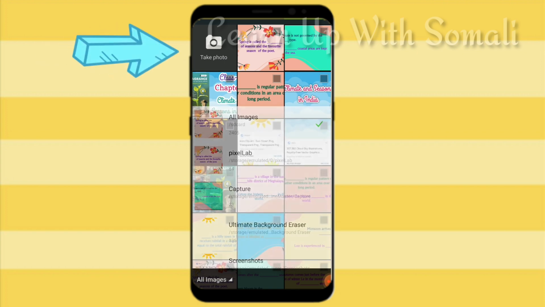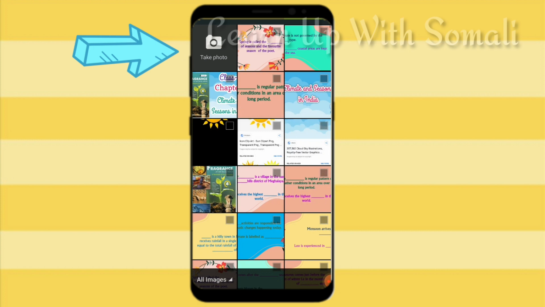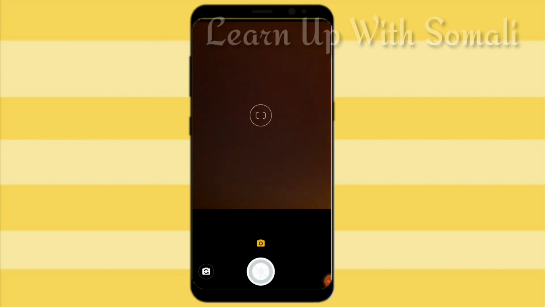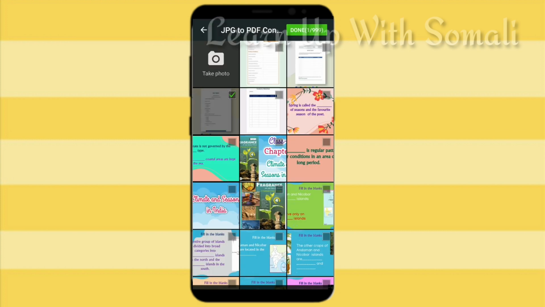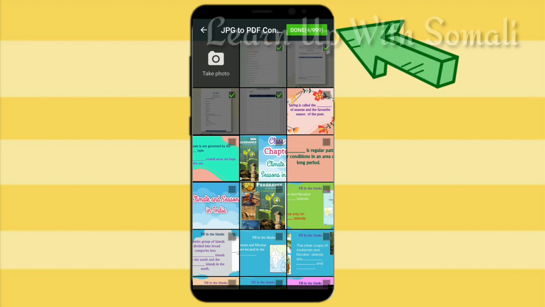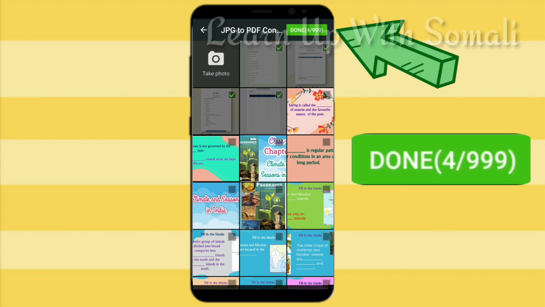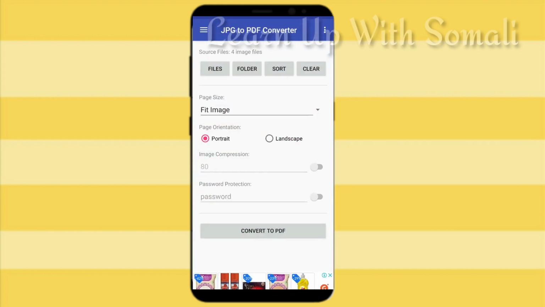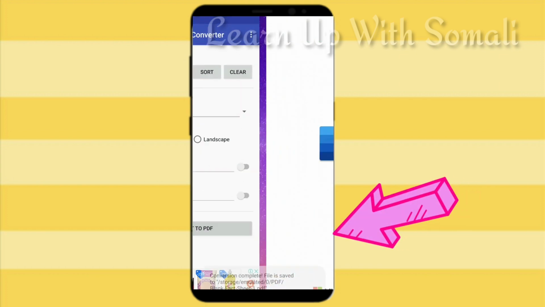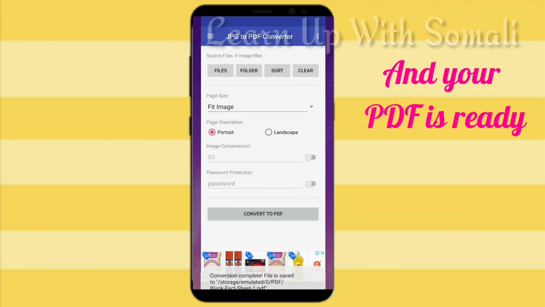You can even take a photo through this app. But here, I'm not taking a photo. I will choose 4 recent images. After choosing the images, click on the green colored Done option at the top right. After it is done, now click on the Convert to PDF button and your PDF is ready.